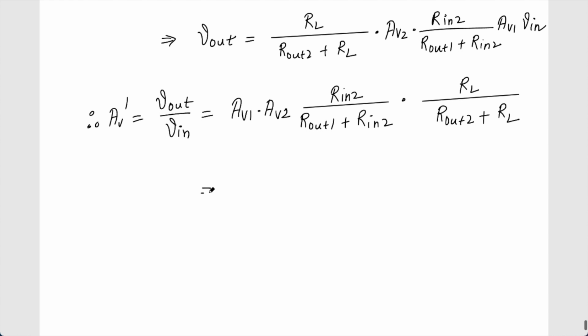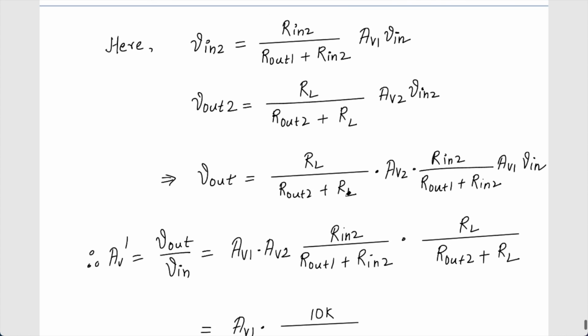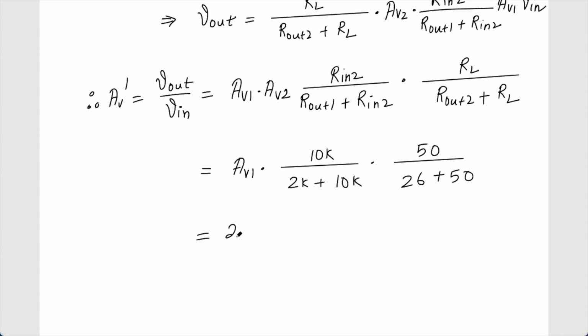Now just try substituting the values. AV2 is almost equal to 1, so let's write it as AV1, and we have substituted it as 1. R in 2 we have considered to be 10 kilo ohms, and R out 1 is 2 kilo ohms, so 2k plus 10k. In this case it is 26: RL is 50, R out 2 is 26, plus this is again 50. Let's substitute this 200 also, then we'll get the exact value. So this is 10 by 12 into